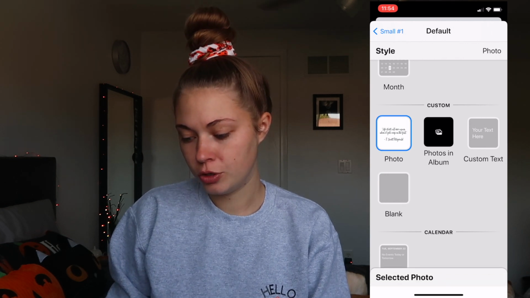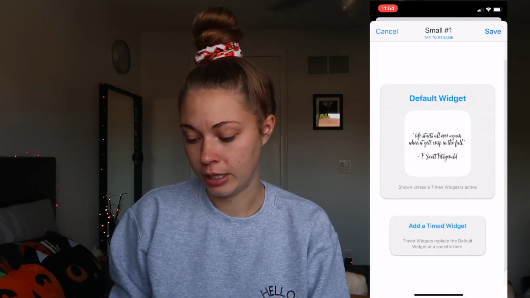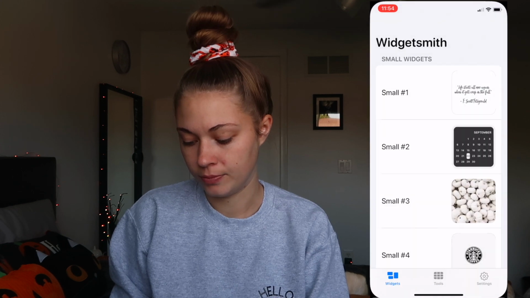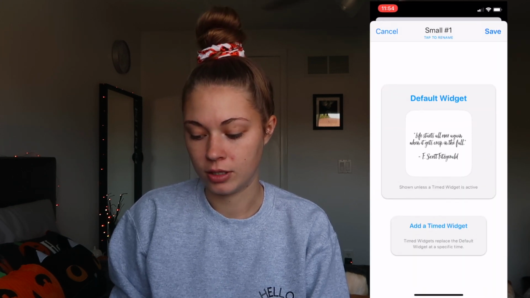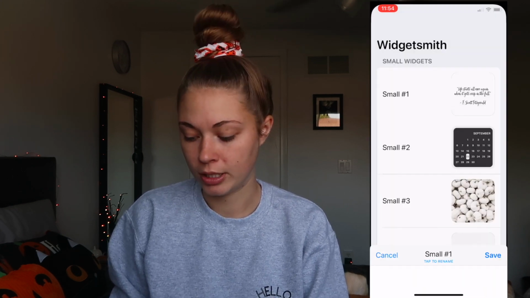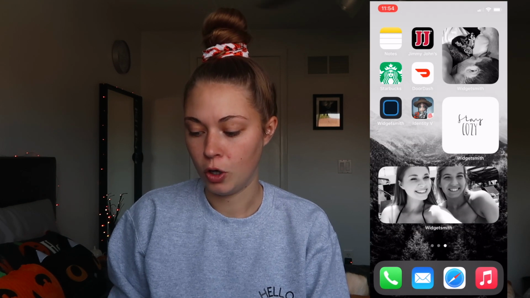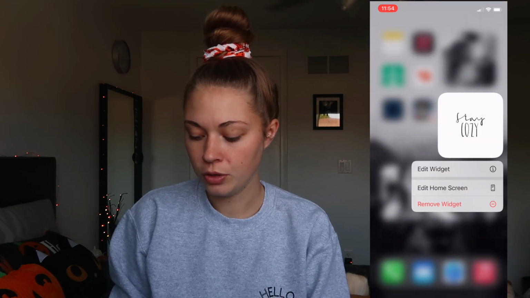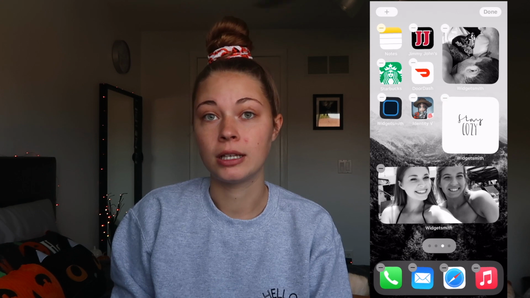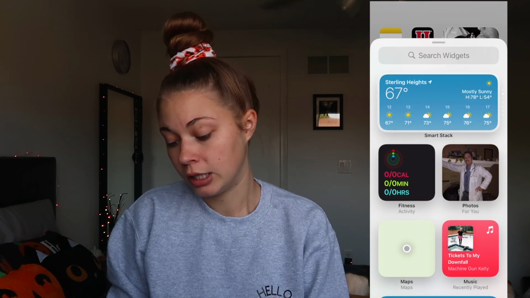So once you do it, I'm just gonna keep it as what it is right now. Cancel. You do wanna press save. I just didn't because it's already in there, but you wanna make sure you press save. And then you're gonna go to your home screen. You're gonna hold down, edit home screen, and this little plus sign in the corner, you're gonna click that and